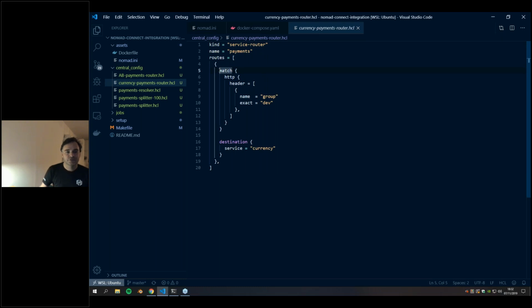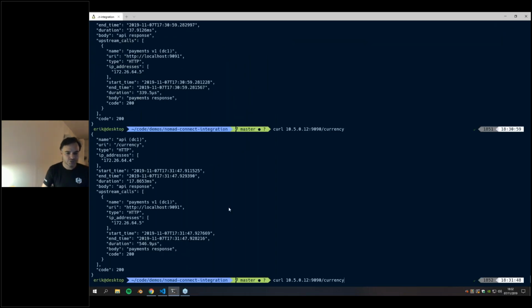And then if one of the routes matches, then we're going to the destination, right? So in this case, if it matches the HTTP header of group dev, so our developer group will want to test the currency application. If they specify that, then they should end up at the currency. So right now, if we specify that header,